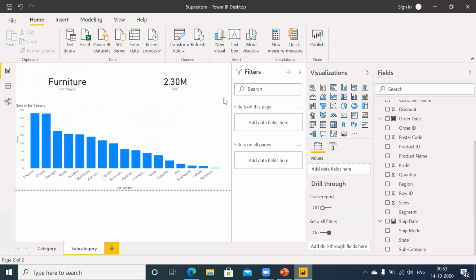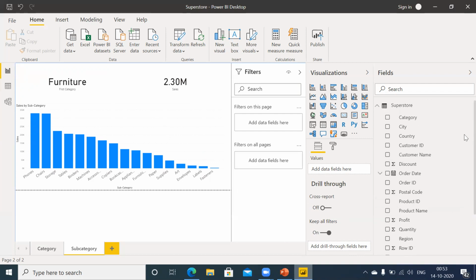So what I will do, just if you see, this is the drill through filter. So what I need to do, I just need to drag category here, in the second page, in the subcategory, the detail page basically.